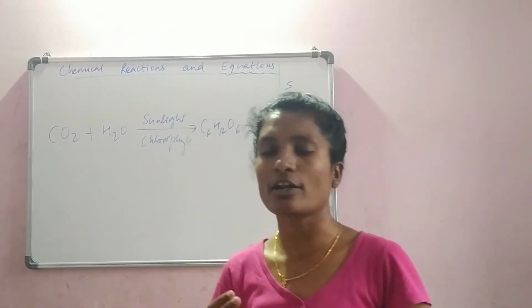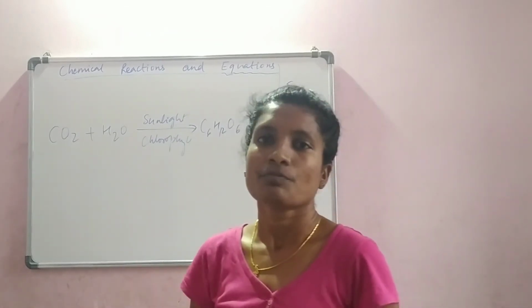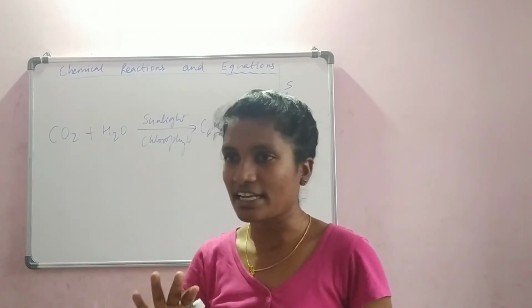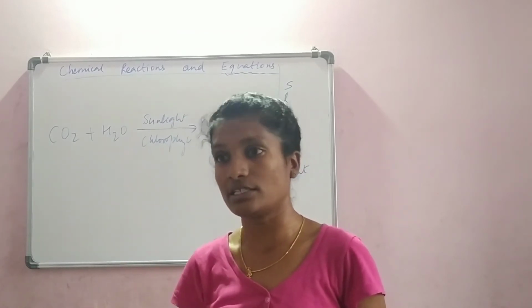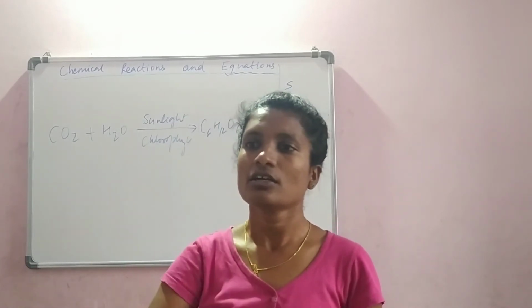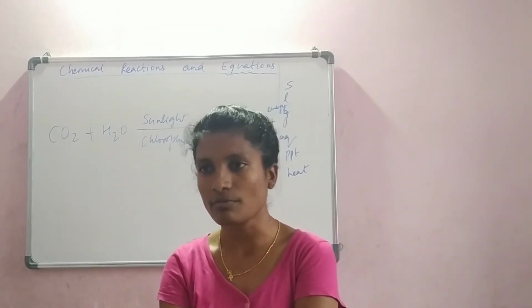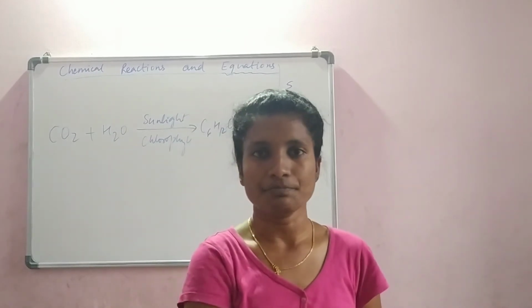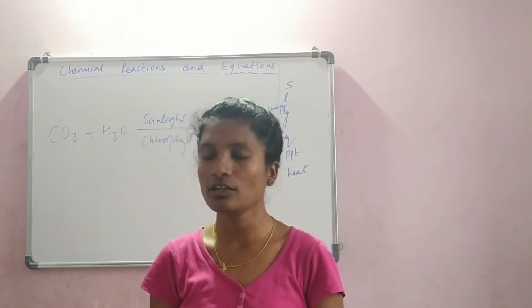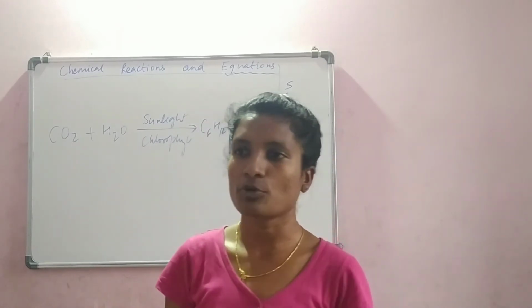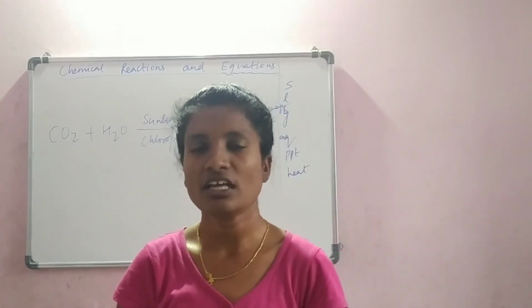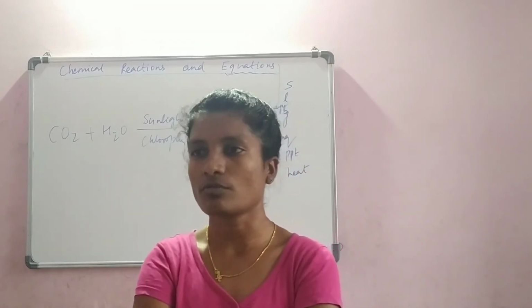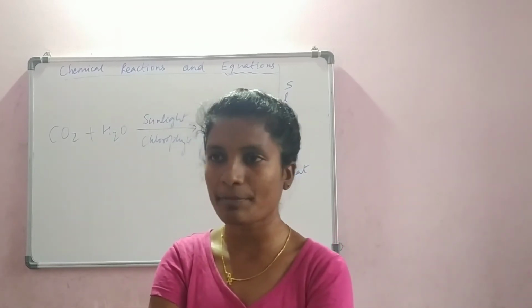Why are we writing sunlight and chlorophyll above the arrow mark and below the arrow mark? Because they are not the components. They are not the reactants. They are the catalyst. They are like inputting some energy to the system to enhance the reaction. Now, take a vessel, put all the vegetables, put dal, put water, everything. Keep it on the stove, wait for 1 hour. Sambar is not prepared. What do we do?